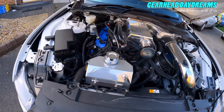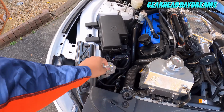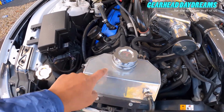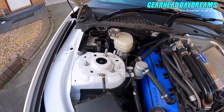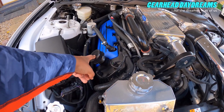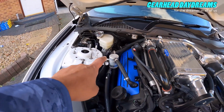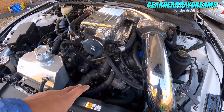So what have we got? Mishimoto coolant reservoir, some engine dress up stuff like this. That it's already corroding, so I would not recommend that you get those. And it's on the brake reservoir as well. I've got an oil breather cap. It's a UPR one, which is great for boosted applications. You don't need it if you're not boosted. GLT catch can, and inside the engine I've got the MMR